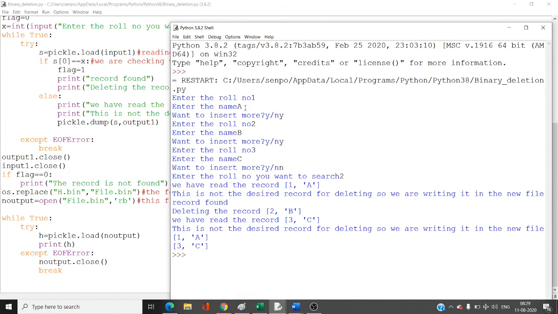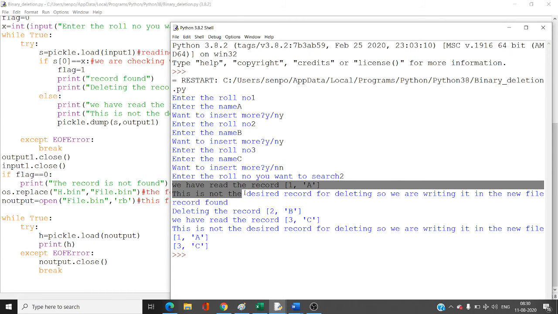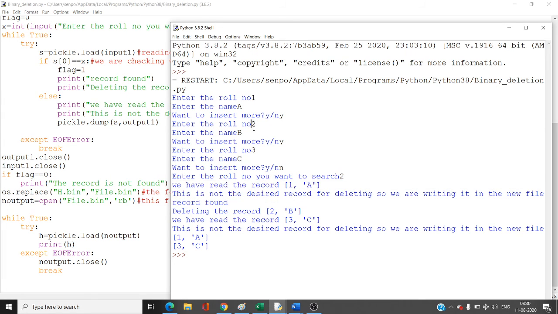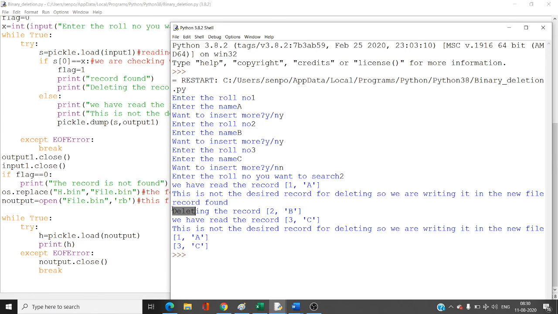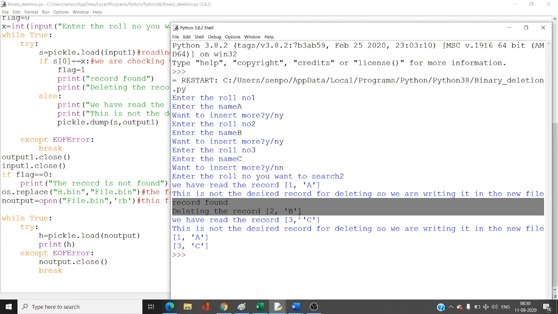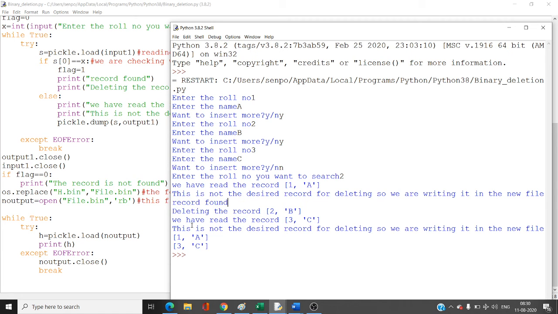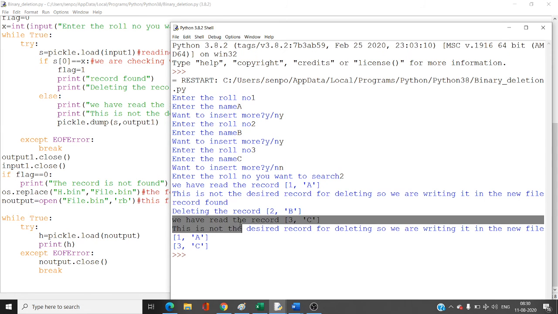So the first record it has found is 1A, so it says we have read the record 1A, this is not the desired record for deleting, so we are writing it in the new file. Then it gets 2B, this is the record for deletion, so it prints record found, deleting the record 2B, and then again it reads the record 3C. We have read the record 3C. This is not the desired record for deleting, so we are writing it in the new file.